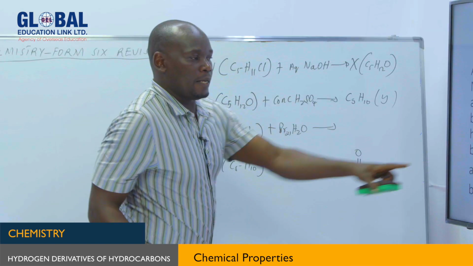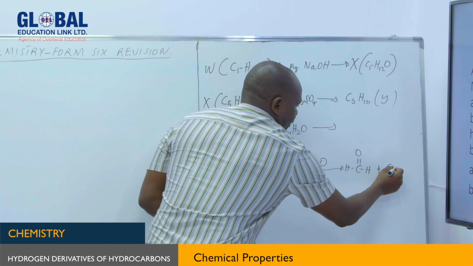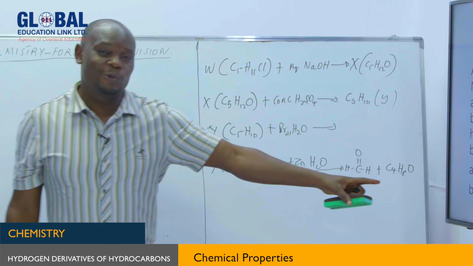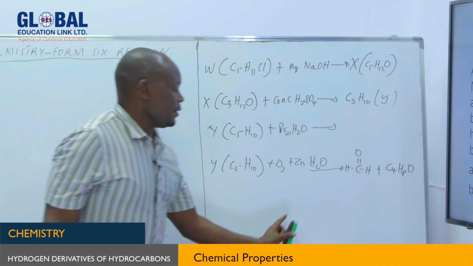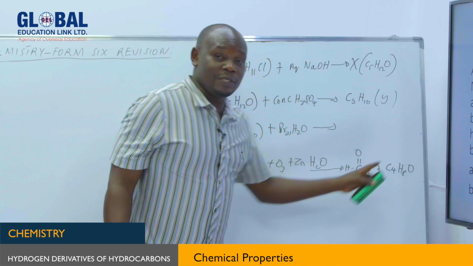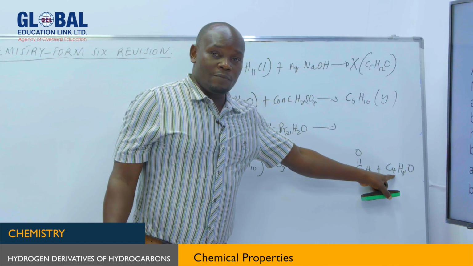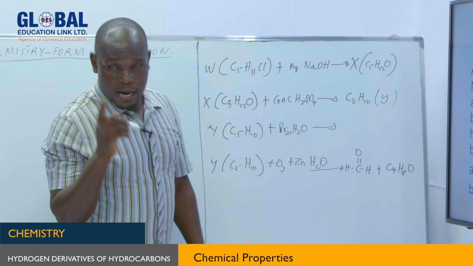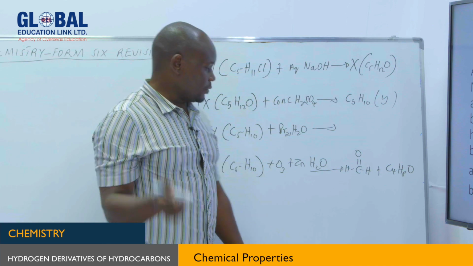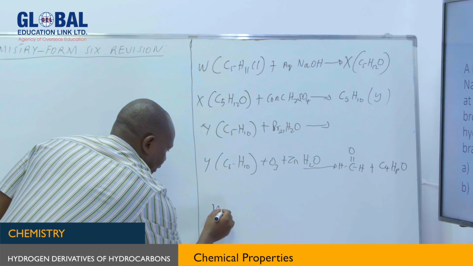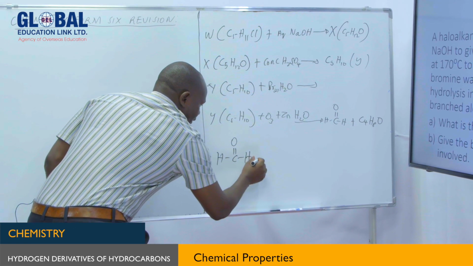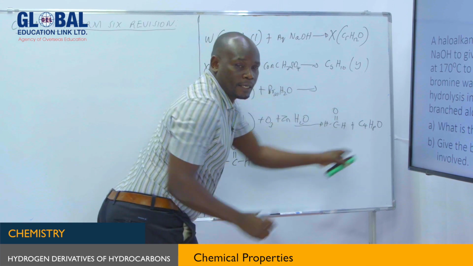And a branched aldehyde, which has 4 carbon atoms, 8 hydrogen atoms, and 1 oxygen atom. So now we can start answering our question by backward reaction. If it is a branched aldehyde with 4 carbon atoms, it means there is only one alkyl group branched to the longest chain, which must contain 3 carbon atoms. So HC double bond O, CH,